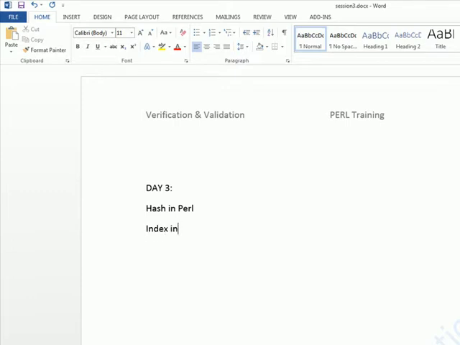So the index in case of an array is an integer, but in case of a hash it is strings, the index. You refer to the strings you index into the hash as keys, and the values that return are, well, they're called values. So it is basically a key value pair. We will understand more about it.